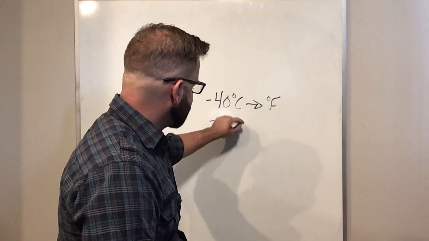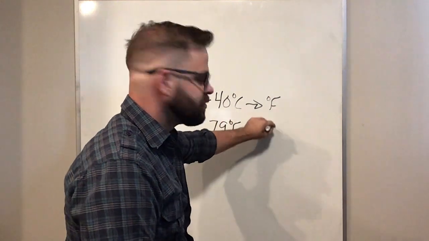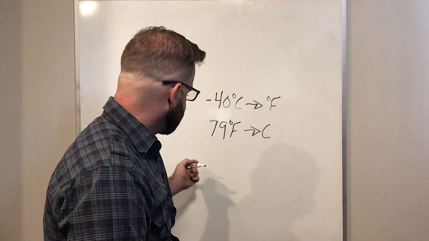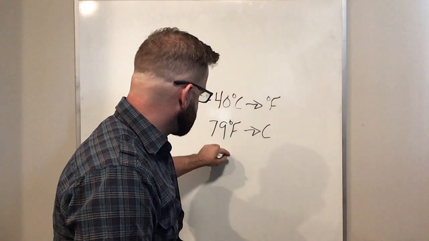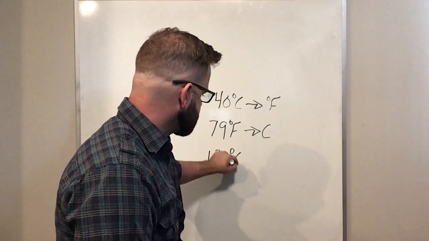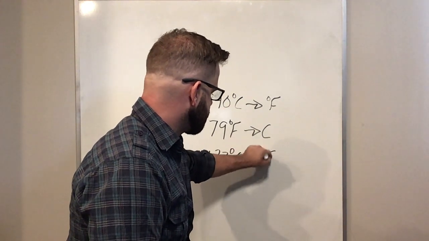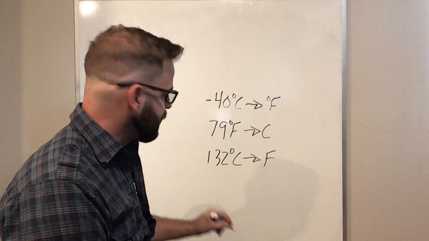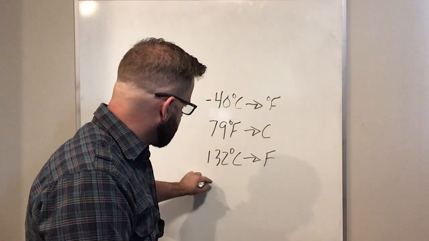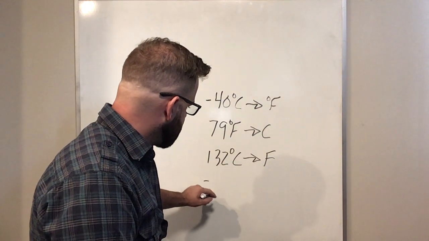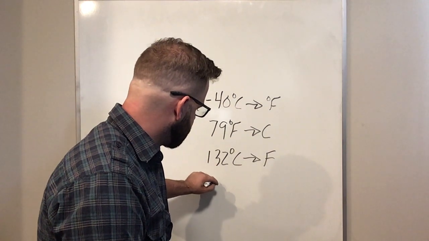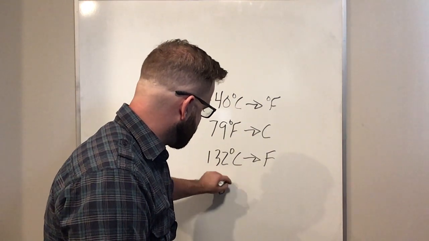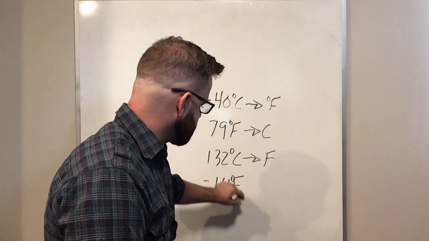79 degrees Fahrenheit to Celsius. 132 degrees Celsius to Fahrenheit, and then negative, let's do negative 161 degrees Fahrenheit to